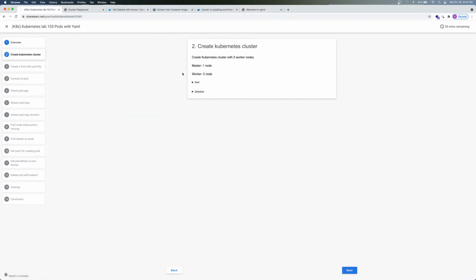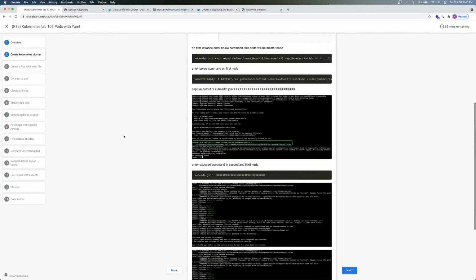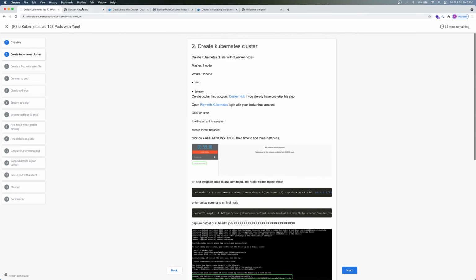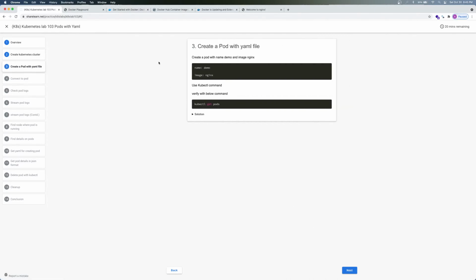Now here, as we discussed, it will ask you to create a Kubernetes cluster. The solution is the same as we have done in the 101. That lab is pretty much repeated. And for the workshop, we already have the Kubernetes cluster created, so we should be good in that aspect. And the next one, it is asking us to